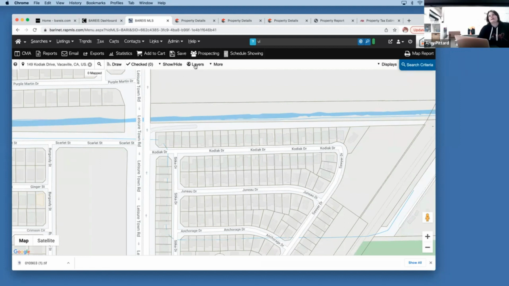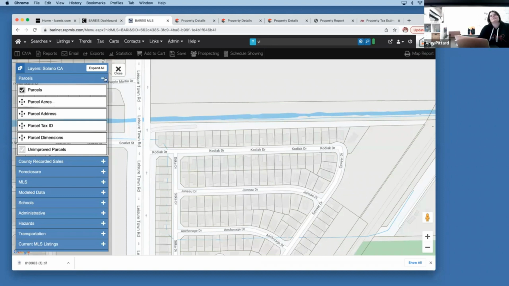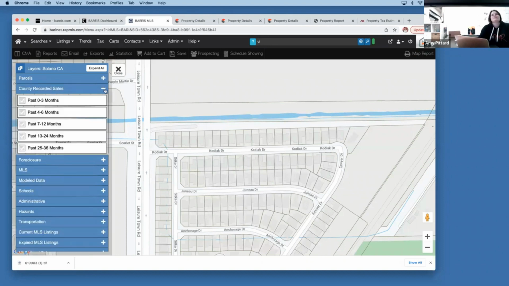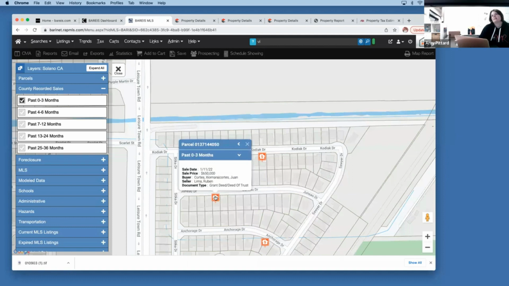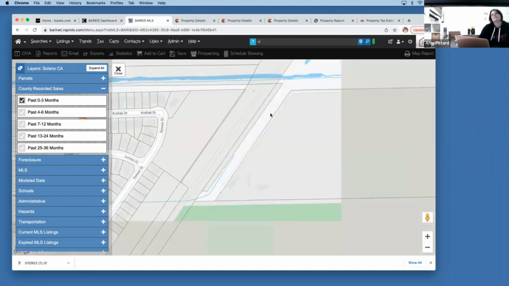In addition, on this layers map, there are some other things you can pull up. We just touched on parcel information. County recorded sales are in here. So if you wanted to look at the county recorded sales in the past 0 to 3 months, these would be residential sales. So this property may have been listed. This was just a quitclaim deed of trust, so somebody was added to the property, right? The seller was Carson, and it looks like we added somebody to title. Some of these you might find in the MLS as well. This looks like a grant deed, which was a traditional sale, right? But this county recorded sales layer is a good way to look at